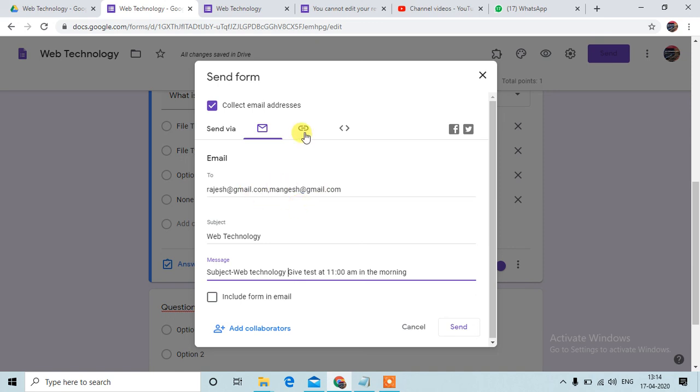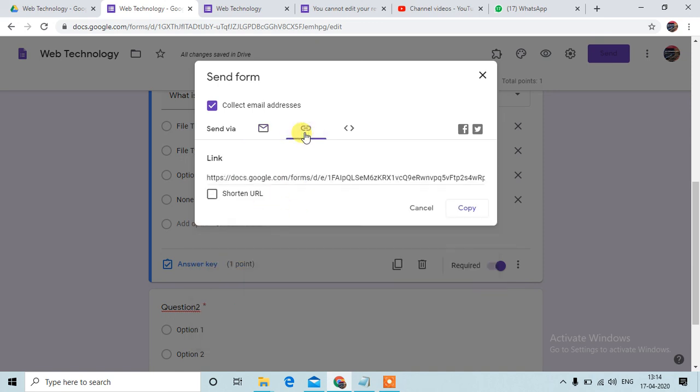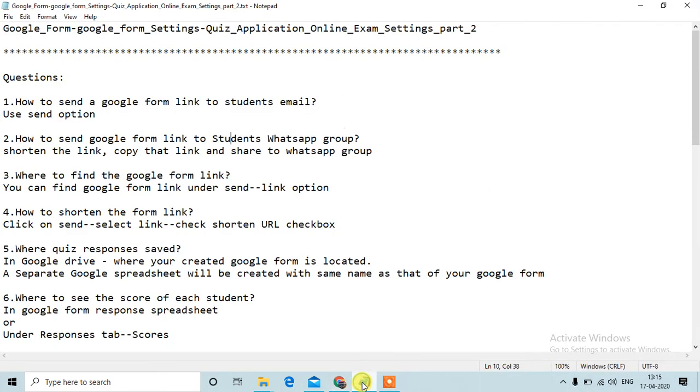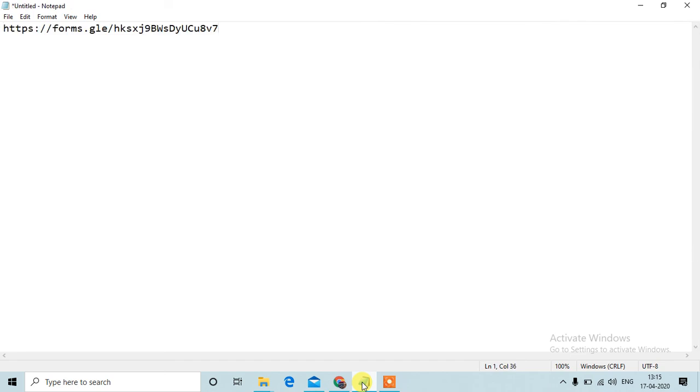Then there is another option, it is a link. If you click on this button, there will be a link, so you can share this link or you can shorten the URL by checking this. If you click here, then the short URL of your Google Form will be created. You can copy this and save it in a safe place so that you can share this link.